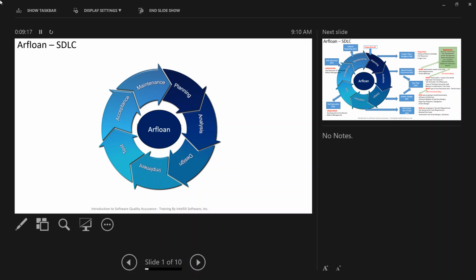Now, what happens in the implementation phase? What is this phase? The design is done, right? So you know what needs to be built. Now what happens here in the implementation? Developers start actually coding, right? So you're going to start bringing the development team in during this phase. After the design is done, you're going to have the developers.